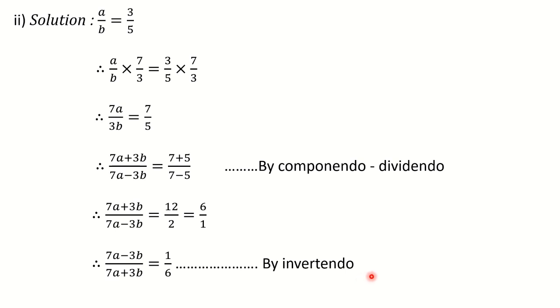So I hope you must have completed it. Let us go further. As I have said, question number 3 you will solve as homework. You will take help of question number 4. So let us go towards question number 4 now. Here again we have to start with what is given to us, that is a upon b is equal to 3 upon 5. But please observe the question. What do you have in the question, what do you want to find?